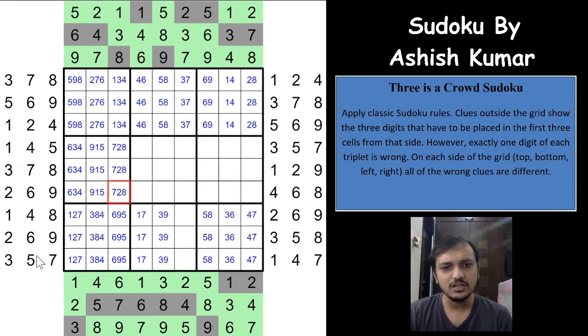Now the other very tough logic, I would say, is this: whenever you have already marked 3 possibilities in a row or column in a single box, make sure you check whether any 2 numbers out of those 3 numbers are on the other side of the box. These are already marked, right? Exactly. If you see 3, 4, 8, out of those, any 2 numbers are on the other side of the clues, which is 4 and 8, right?